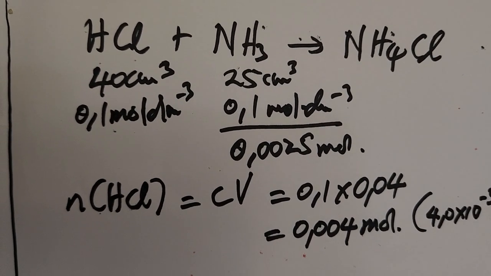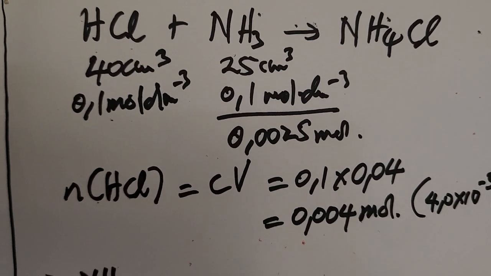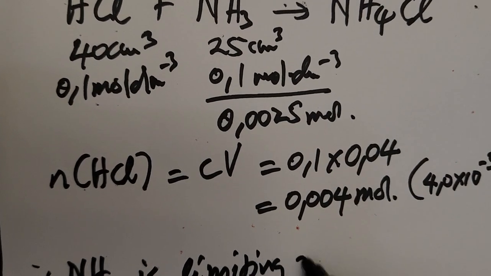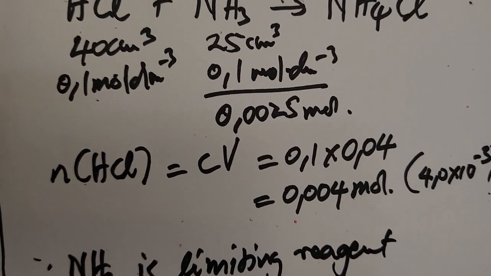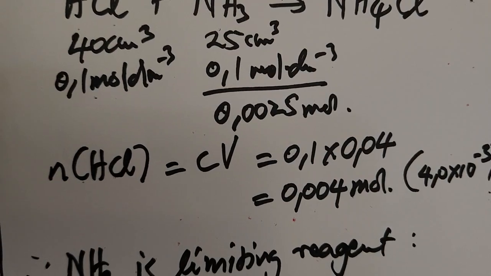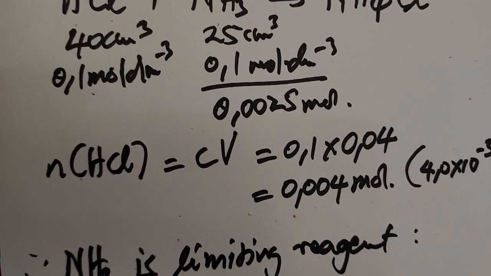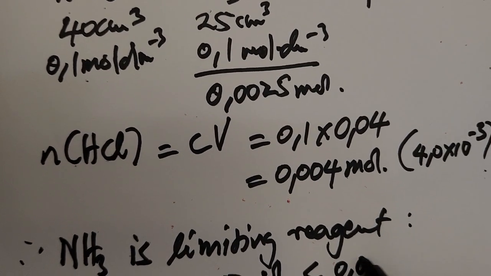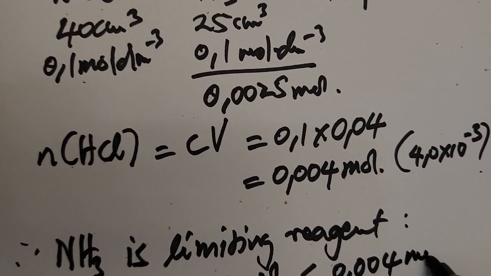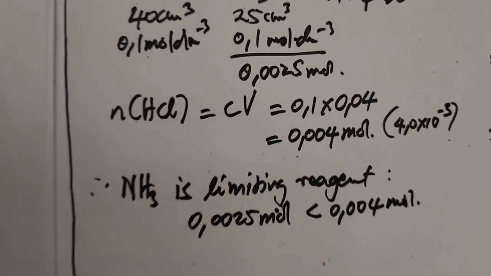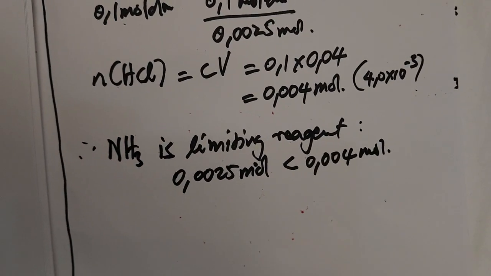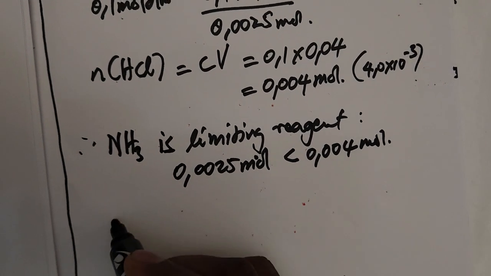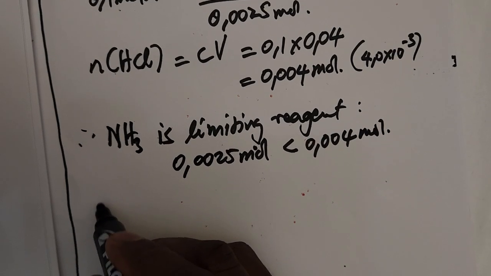Therefore, you can just now conclude that since this one 25 is less than 40, then we'll have therefore ammonia, therefore NH3 is limiting reagent. The reason will be 0.0025 mole is less than 0.004 mole. That's our reason. Then from there we come to the number of mole in excess, because now ammonia will be completely used up. HCl is in excess, therefore the number of